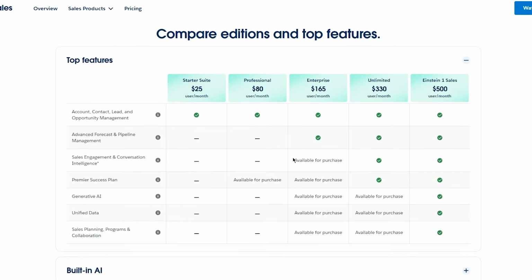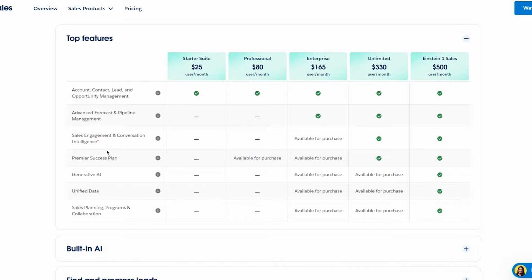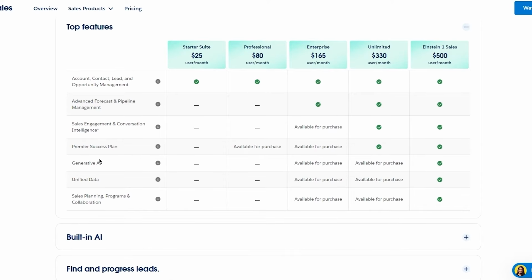So we have different suites over here. Now, in these suites, you get account, contact, lead, and opportunity management. You get that in all of the plans. Now, advanced forecast and pipeline management is given in Enterprise, Unlimited, and Einstein. Then we have sales engagement and conversation challenges. We have Premier Success Plan. You also get generative AI. You can only get these in Enterprise, Unlimited, and Einstein, but trust me, the generative AI, I did get to use it once, and